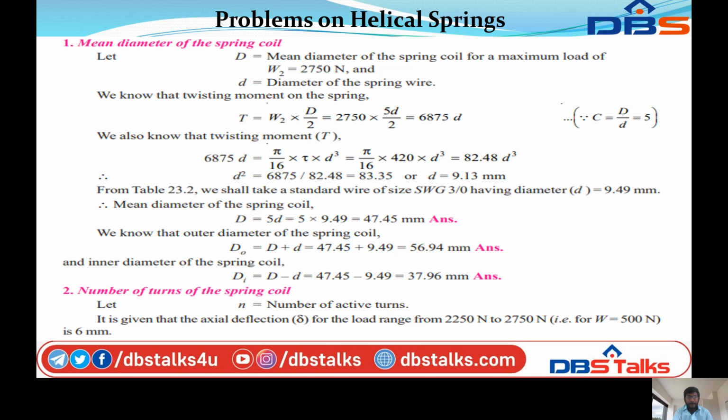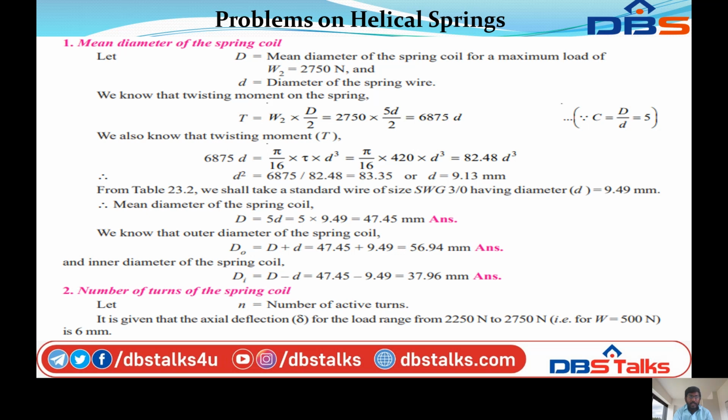Since C is equal to capital D by small d, which is equal to 5, capital D is equal to 5d. So 2750 into 5d by 2 is equal to 6875 into d. We also know that the twisting moment T is equal to